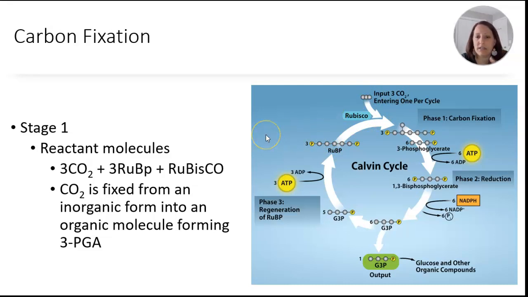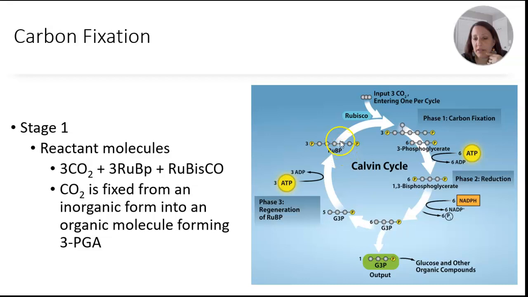And the last thing you need to start this process is an enzyme called Rubisco. And so that's right here. Rubisco is a really cool enzyme. It's the most abundant enzyme on the planet. It is required for photosynthesis. Okay, so what happens is Rubisco, this enzyme here, catalyzes a reaction in which these carbon dioxide molecules react